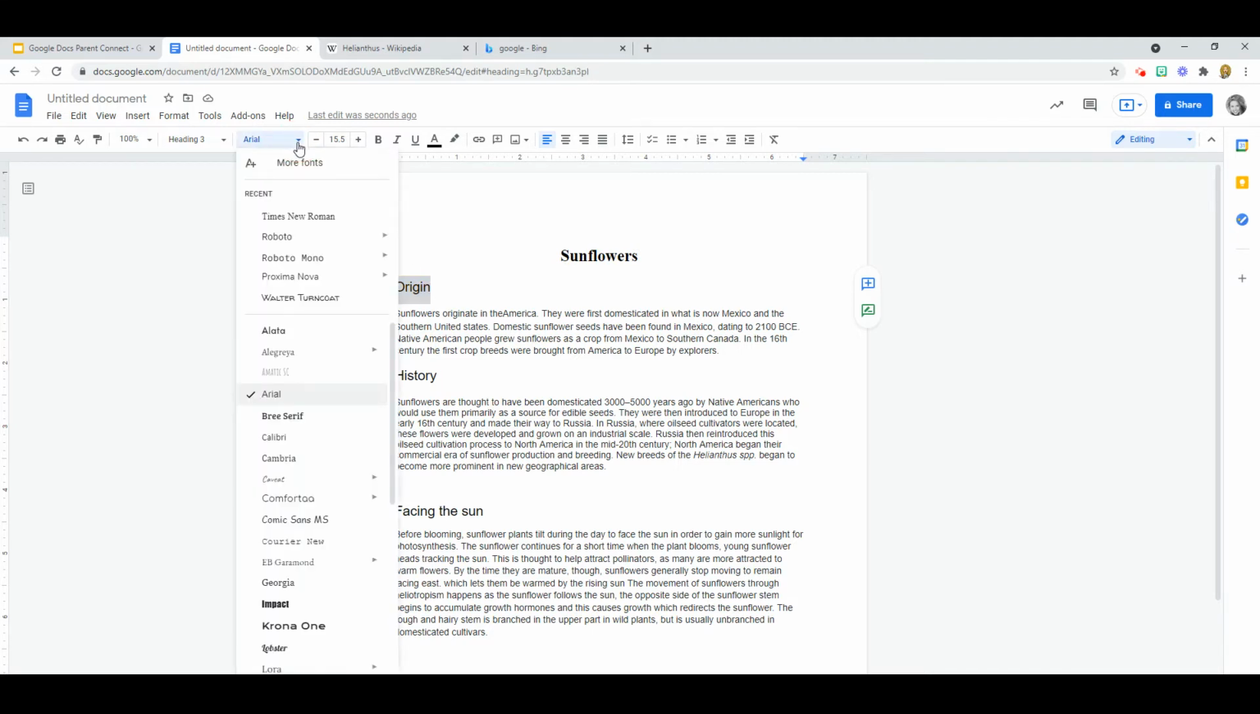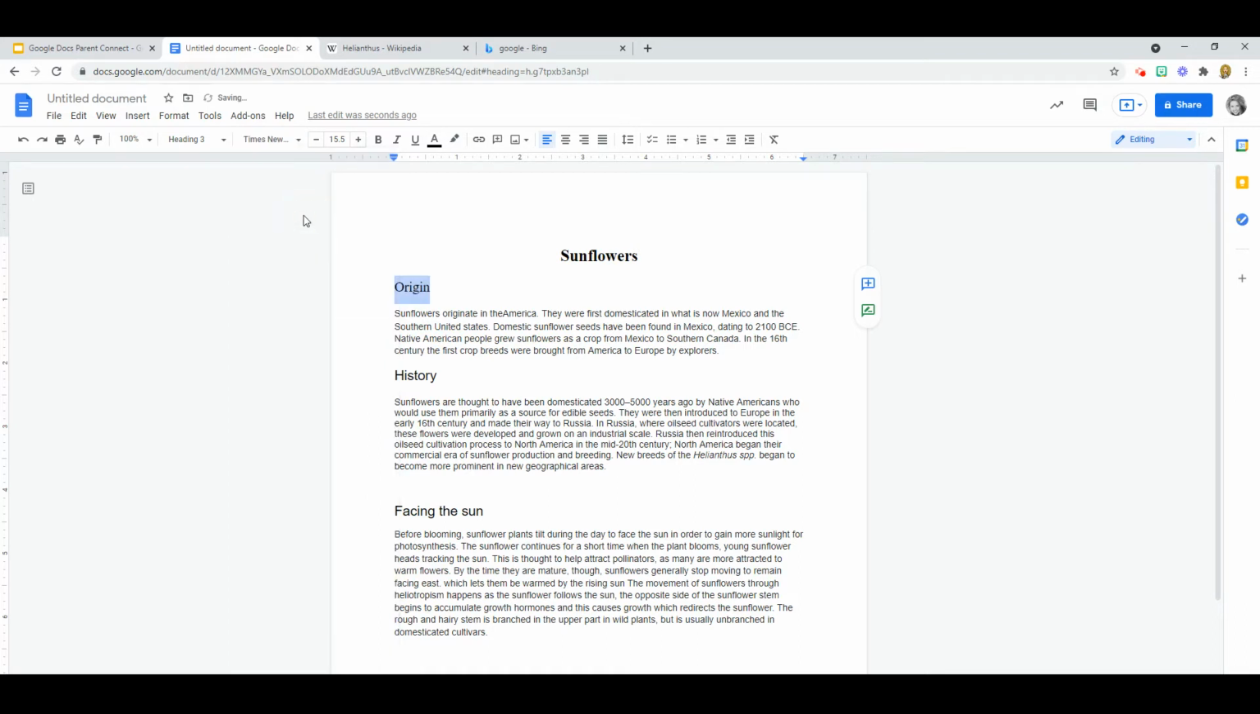I'm going to change my font type to Times New Roman. But I'm going to leave it at 15.5 because I want it a little smaller than the title. I'm going to make that bold as well, just so that it looks a little nicer. So I'm going to do the very same thing for history and facing the sun. Hold my mouse over the word history, come up to my font